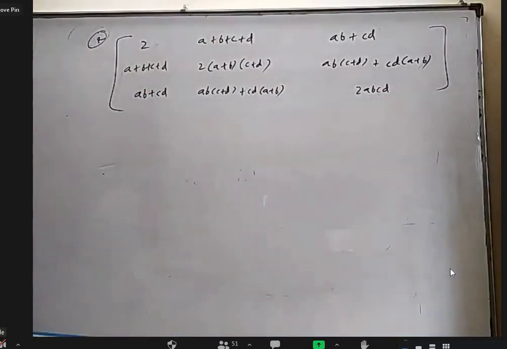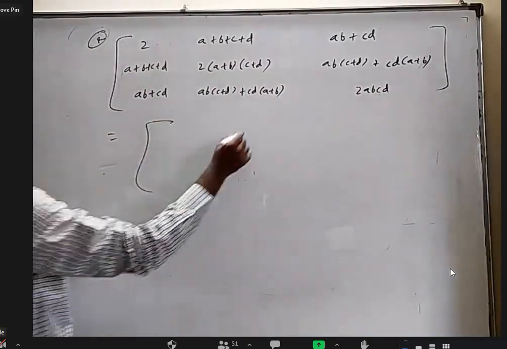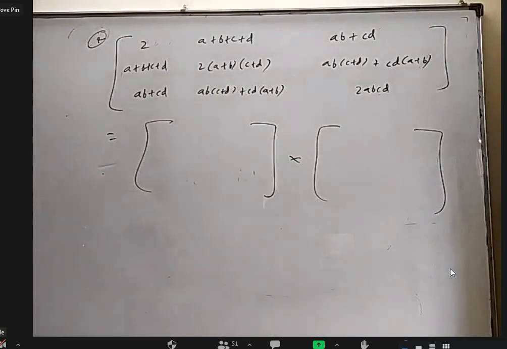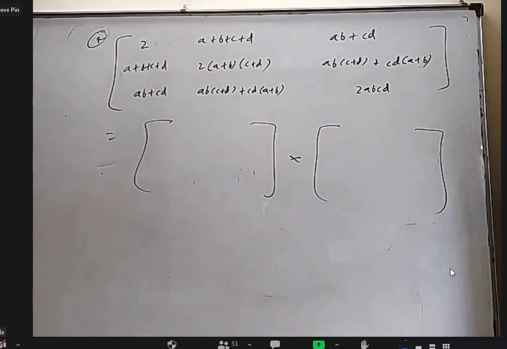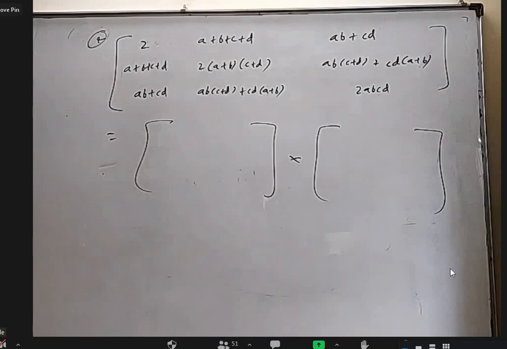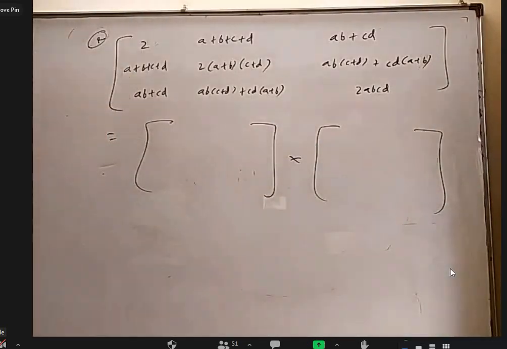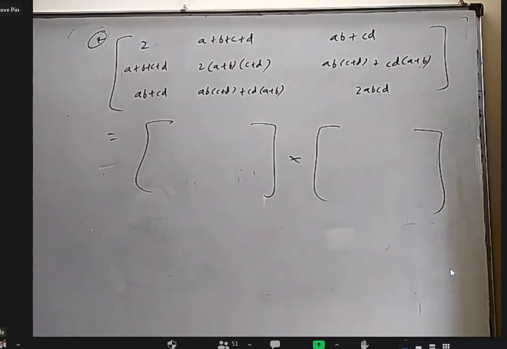Okay. You have to write it as product of 2 matrices. None of them should be identity matrix. Okay. This may not be as easy as the previous one. If you get the idea, it is just one step. If you don't get it, it looks hard. Sir, you said that one of them can be identity matrix. No, nothing should be identity. If one of them is identity, the other one is as it is. Okay, sir, understood. Sir, in the exam, if they don't mention, can we give one as identity matrix? Yeah, obviously we can, nothing wrong.